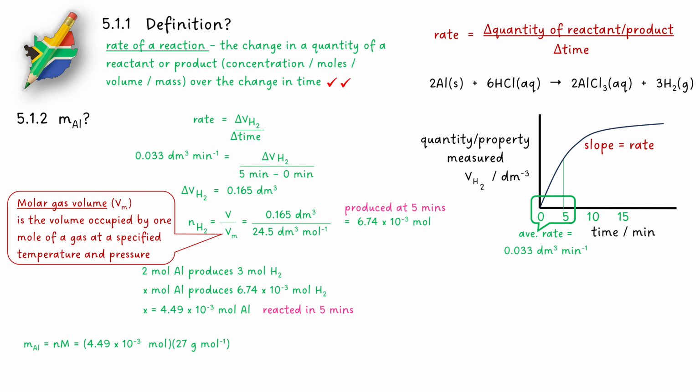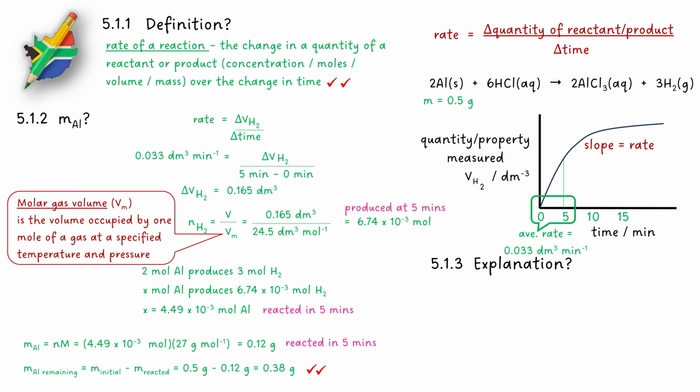We can then convert the moles of aluminium reacted to a mass by multiplying the moles by its molar mass. We get 0.12 grams of aluminium used up in 5 minutes. But the question wants the mass of unreacted or remaining aluminium at 5 minutes. This is calculated by taking the starting mass minus the mass which was used up in the reaction. The starting mass was given to us. It is 0.5 grams. So taking 0.5 grams minus the 0.12 grams used up, we get 0.38 grams of aluminium